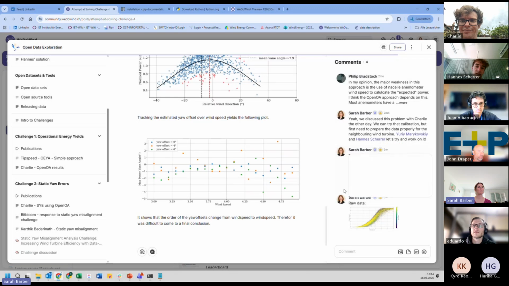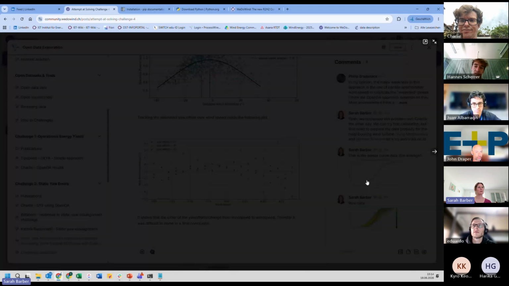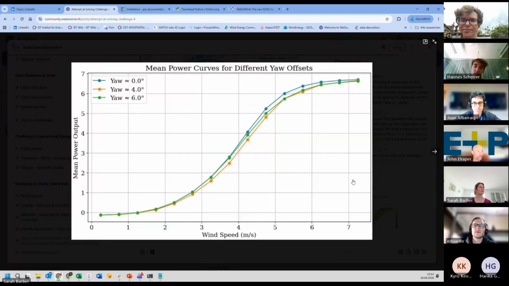But then when we were having a discussion in one of the meetings, we also talked about just looking at the raw data, didn't we? I think you sent it to me at some point, but that's like a bin average power curve. It's not even doing any analysis. It's just bin averaging the data from the different labeled sets, right? And somehow it looks like the controller wasn't doing what we thought it was doing, because it should have less power for 6 degrees than 4 degrees.